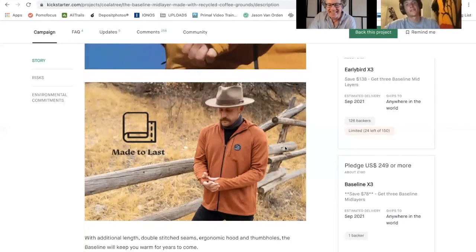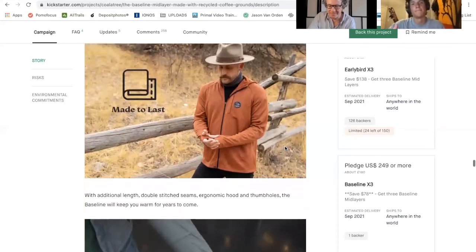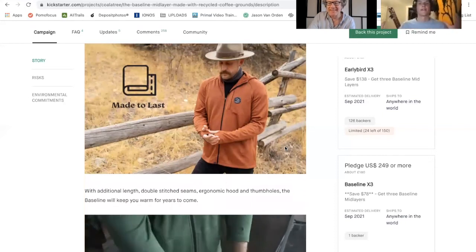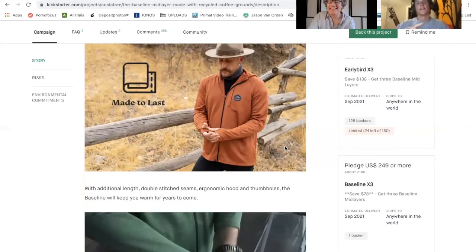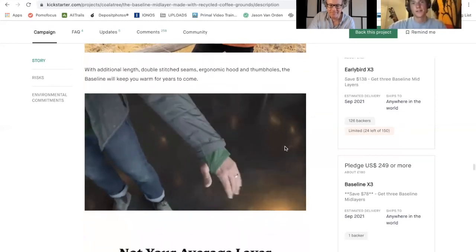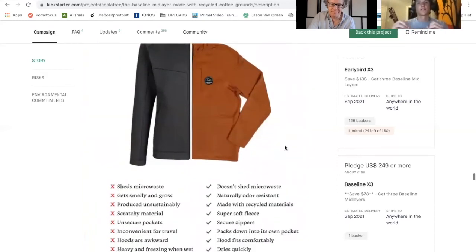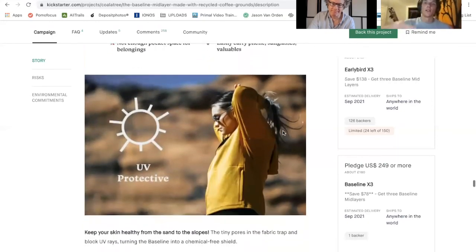Oh no, the last thing I was just going to say is, the baseline mid layer, along with all of the products that we make, we really want this whole eco-minded, good things to ring true throughout the entirety of the products that we make. So whether that's in the production process, whether that's in actually wearing it for more days, so it doesn't smell and you don't have to wash it nearly as much and use as much water, whether that's in the manufacturing process in terms of putting in reinforced stitching and so on and so forth,